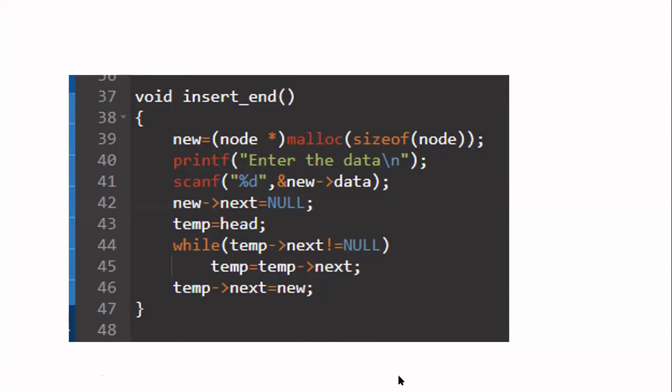Now let us go to the third insert. Third insert is insert in the middle of the linked list. So what is the meaning of insert in the middle? They will not say in which index you want to insert, because here there is nothing called an index. In an array, they will say insert at index 5 or insert at index 7. But here there is no index. So insert in the middle means insert after some value.